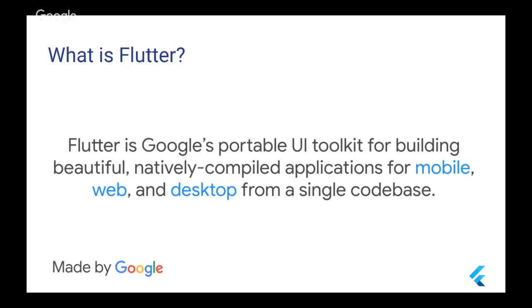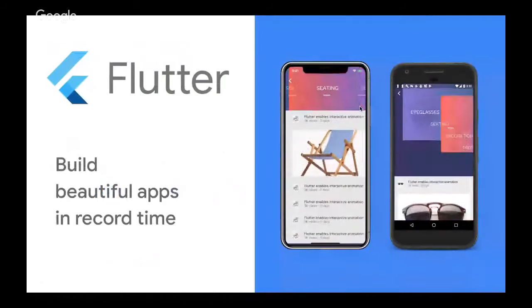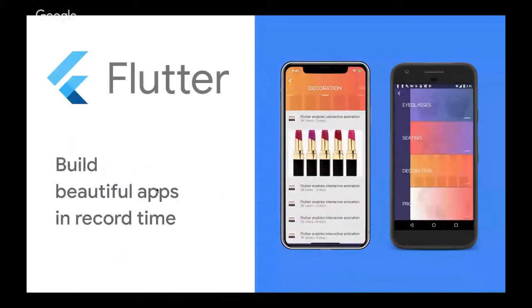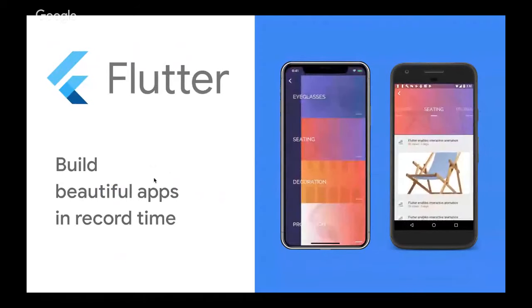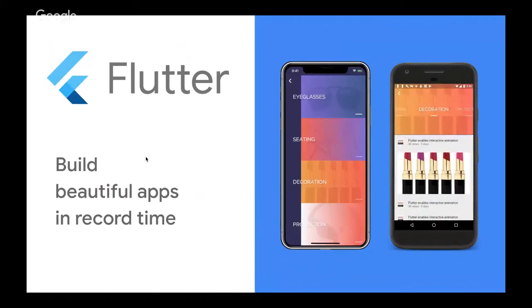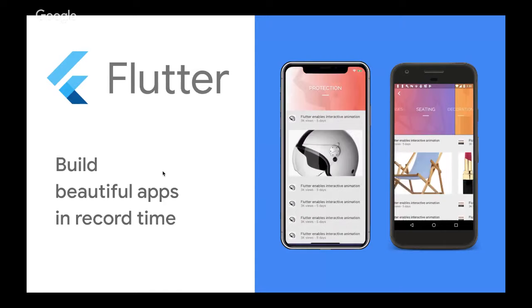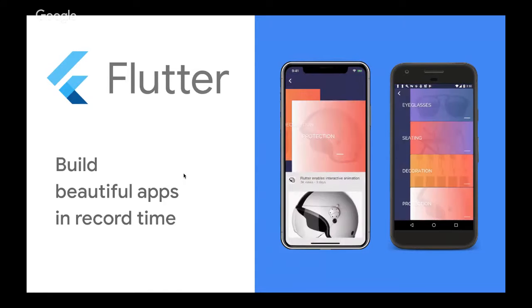The assistant team is now using Flutter to build the assistant application for the home screen device. Flutter allows you to build a beautiful native application, and it focuses on powering your app for developing a native UI, a beautiful user interface.